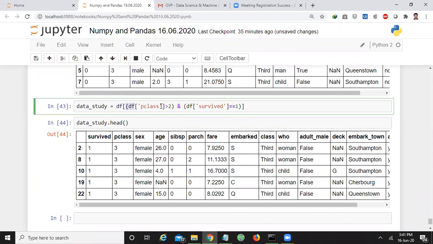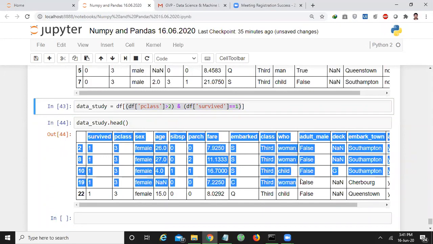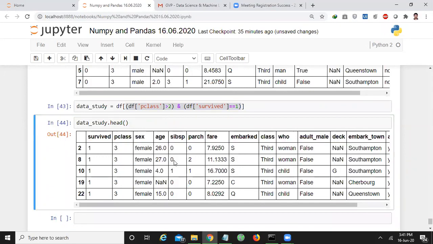Bitwise means it calculates the truth values of all the conditions, and later it performs AND operations between all the truth values of the data set. And according to the resultant truth value, the records will be found out like this. So these are the records of the passengers who are third class and who survived.